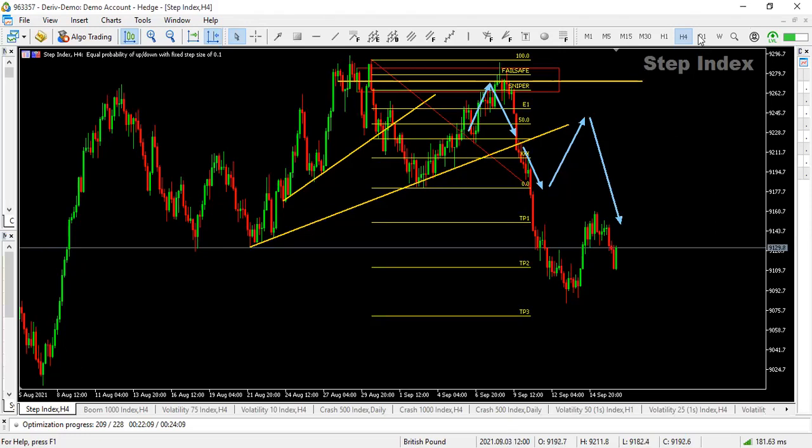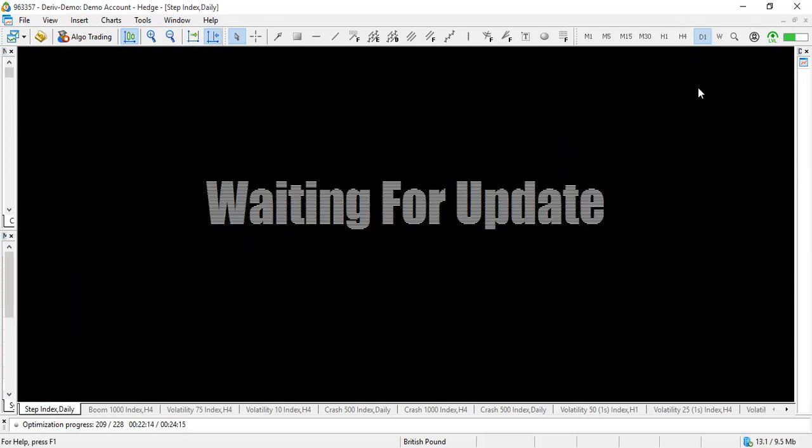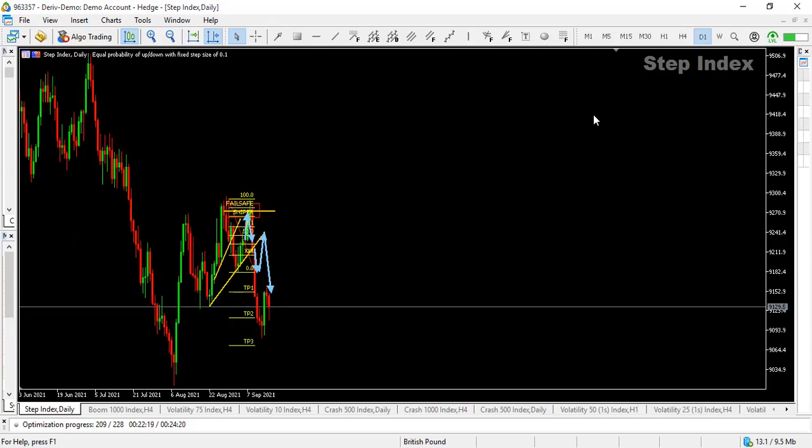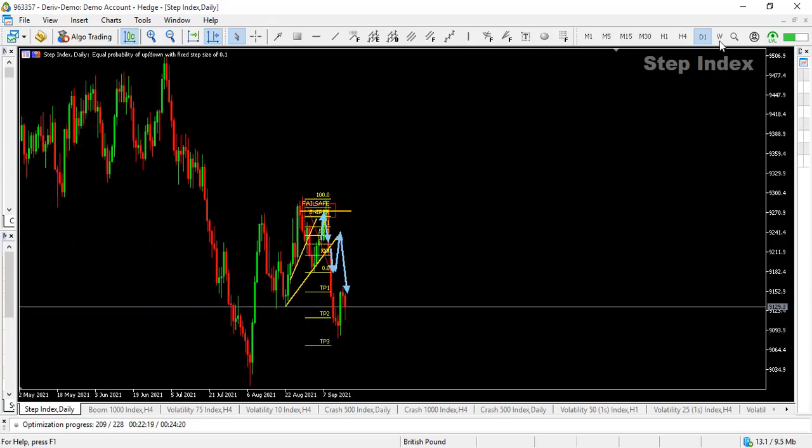So to start with top-down analysis, like I said, the first thing that I do is I like to see what the market is saying on the higher time frame, sometimes weekly, but mostly I look for the overall market bias from the daily time frame. And based on the daily time frame, I could come and map out